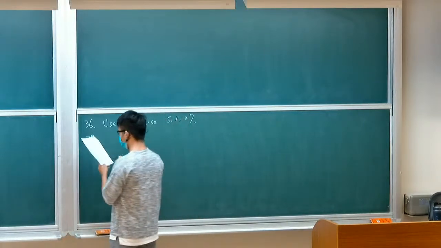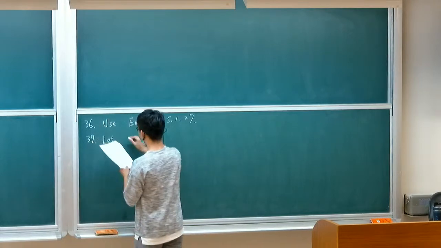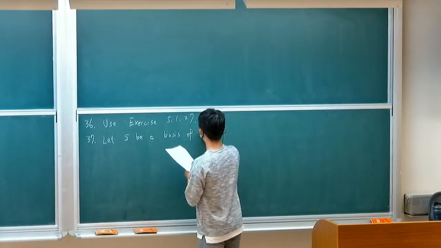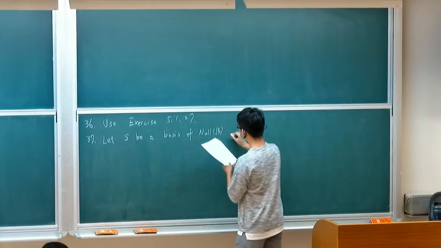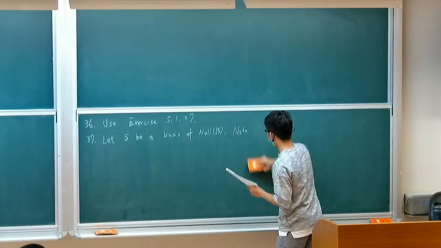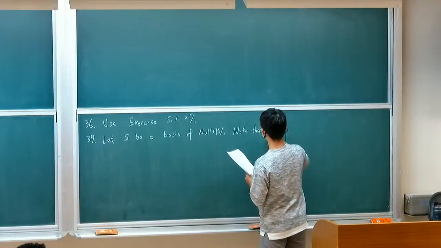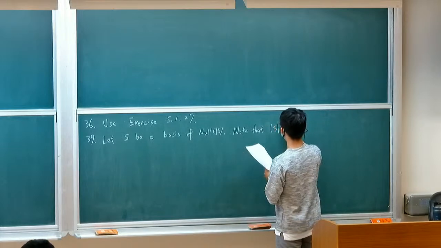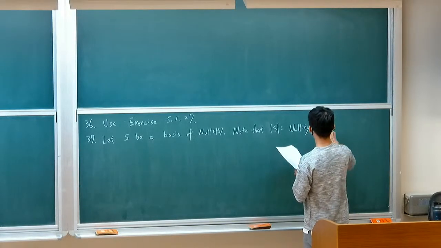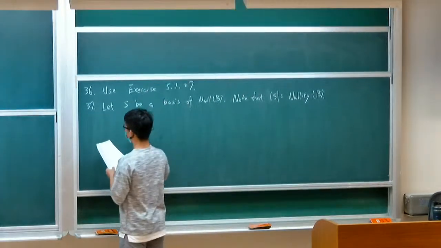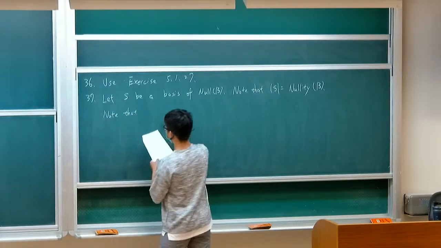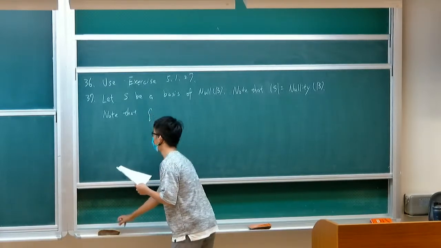Similarly, here we find a basis of phi. We let S be a basis of the null space of B. Here we know that the number of elements of S is equal to the nullity of B. With this, we can write the basis of V as